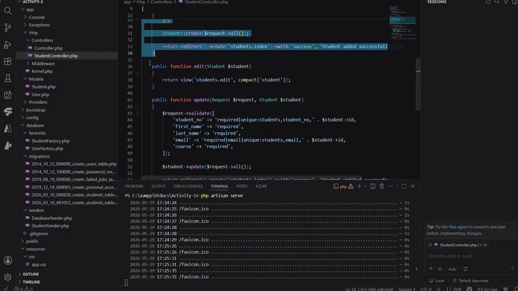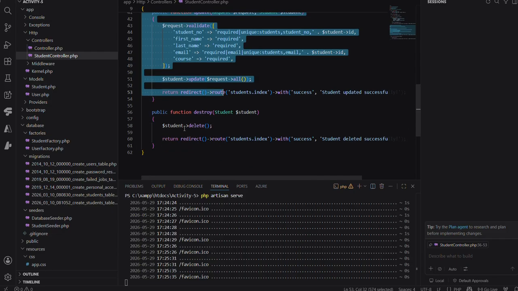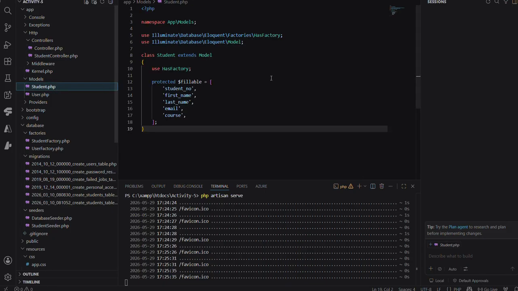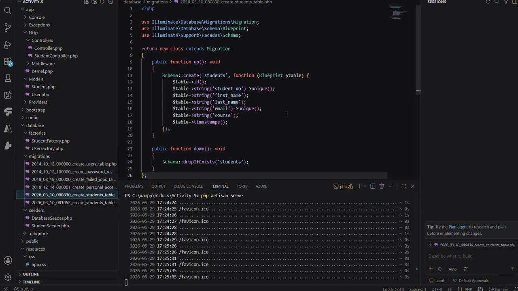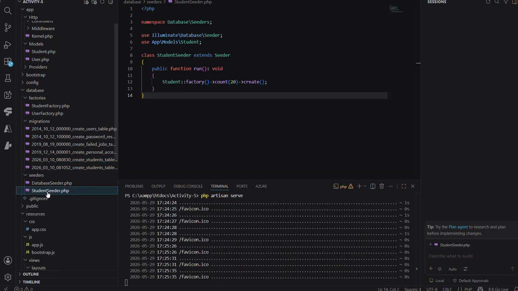So this code is for editing the data, and destroy is for deleting the data. So this is the student model. And also the student migration, create student, also the seeder, student seeder,